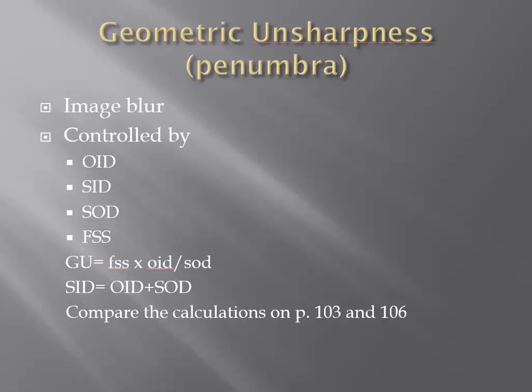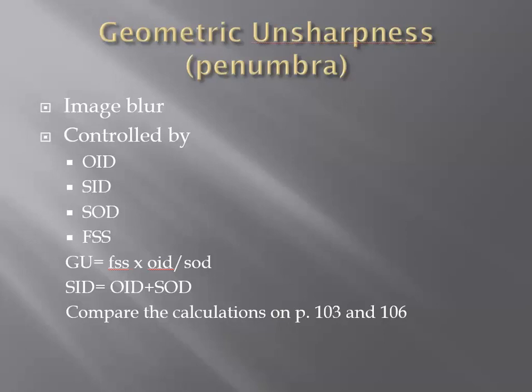So they're asking you about the geometric unsharpness of this image if we had an OID of 8 inches on a 40-inch SID whenever we have a 2.5 millimeter focal spot size. So it would be 2.5 times 8 over 32, so your geometric unsharpness would be 0.625. But if you flip over to page 106, what you see is